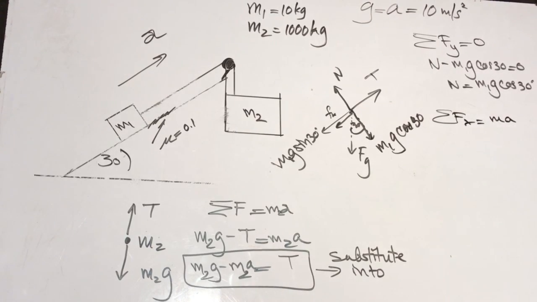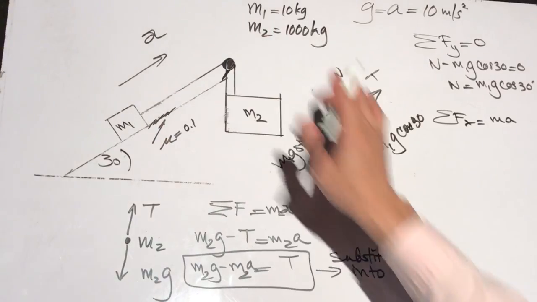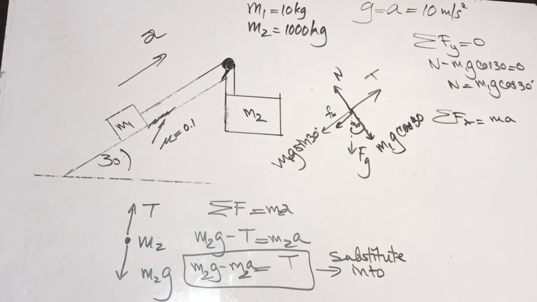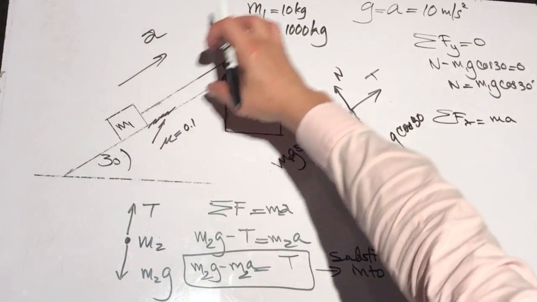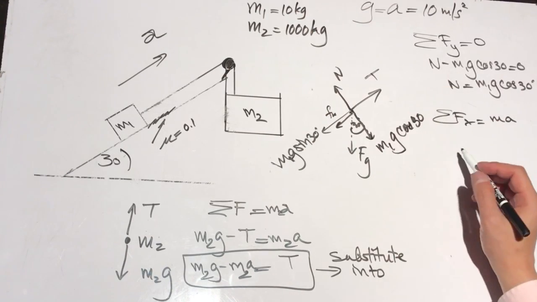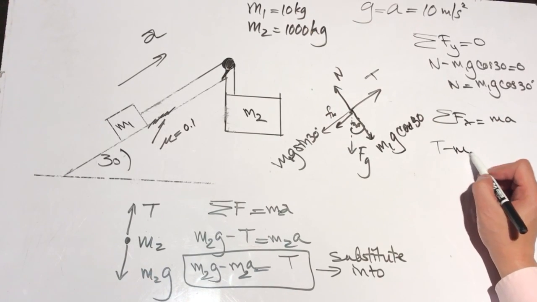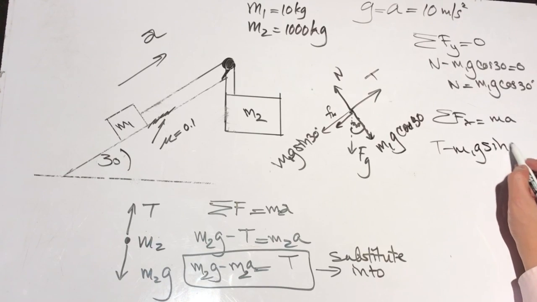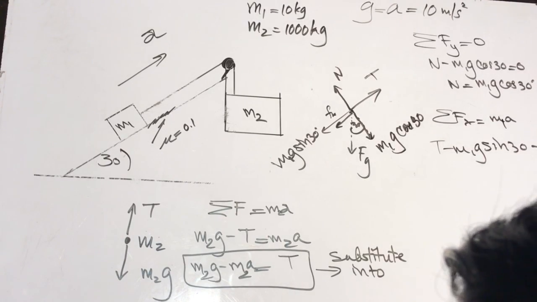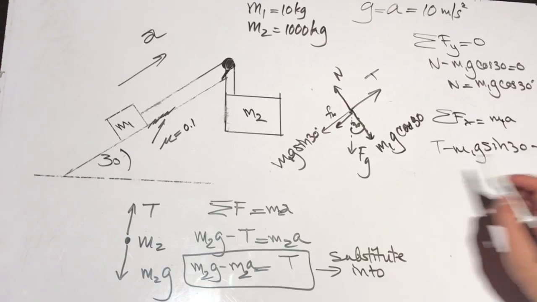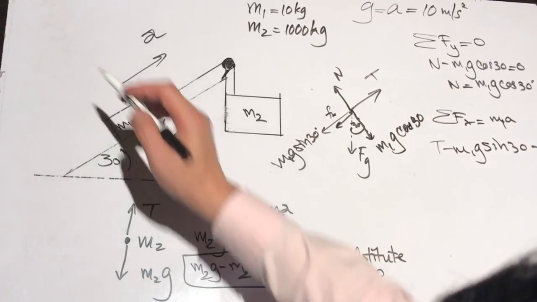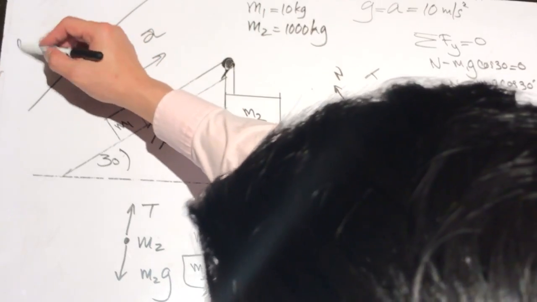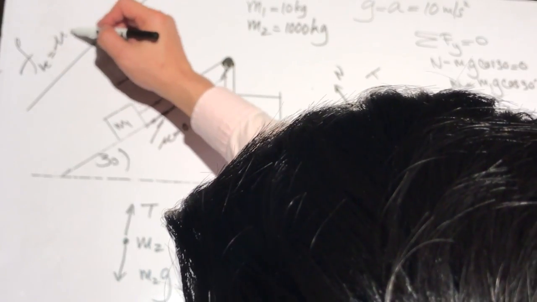And this one is not equal to 0 because there is motion in the horizontal plane, or parallel to the plane. So you have this force, so I'm just going to say T minus M1G sine 30, and also minus my Fk is equal to M1A. Now, you need to know from our previous lessons that the frictional force is equal to the coefficient